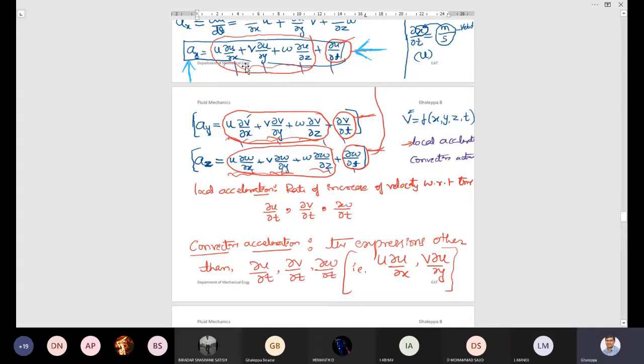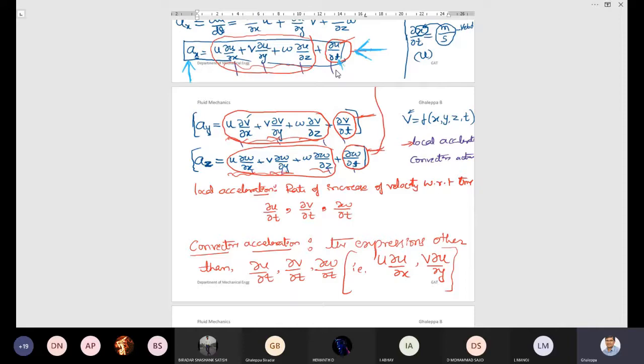So in this equation, how many terms are there? 1, 2, 3, 4. Out of 4 terms, which term is a function of time? Here, directly, which variable is a function of time? du by dt, sir. Yes, very good. This last 4th term is a function of time. See here, dou u by dou t is there.